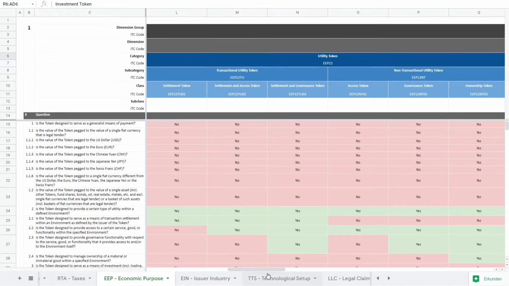Next, we have the utility tokens, which can be differentiated in transactional utility tokens and non-transactional utility tokens. We have, for example, settlement tokens. In that category currently falls, for example, Ethereum. We had there also a discussion because there was once a governance vote. So we could have also classified it, for example, as a settlement token and a governance token. But since there was so far only one governance vote after the DAO hack, we just kept it as a